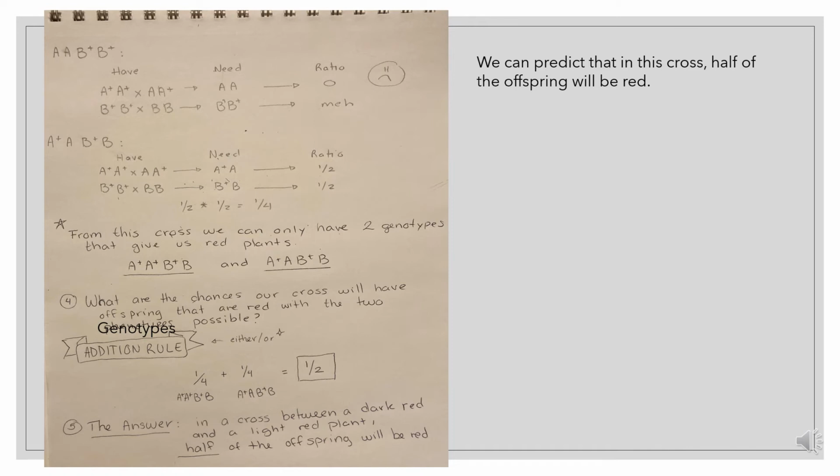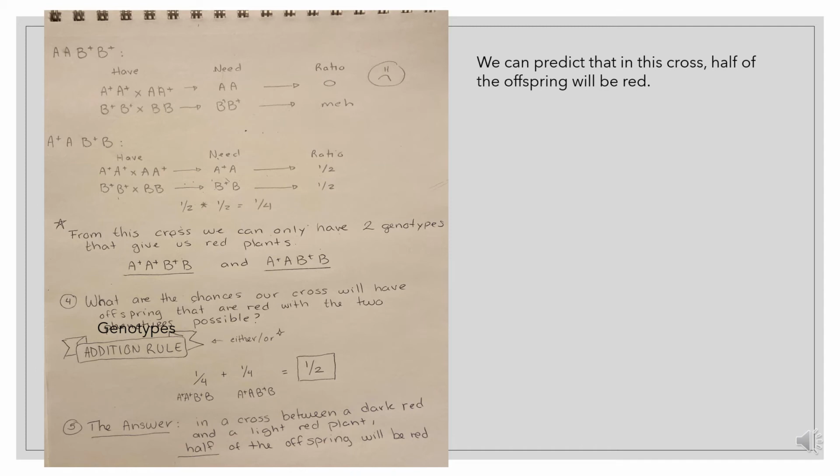That one's actually homozygous. And you check your little Punnett squares for A and for B, and A plus A is going to happen half the time, B plus B is going to happen half the time, so the whole genotype is going to happen 1/2 times 1/2 equals 1/4 of the time. So from the cross that we were given, we can only have 2 genotypes that give us red plants, 2 out of the 3. Those are the A+, B+, B, and A+,